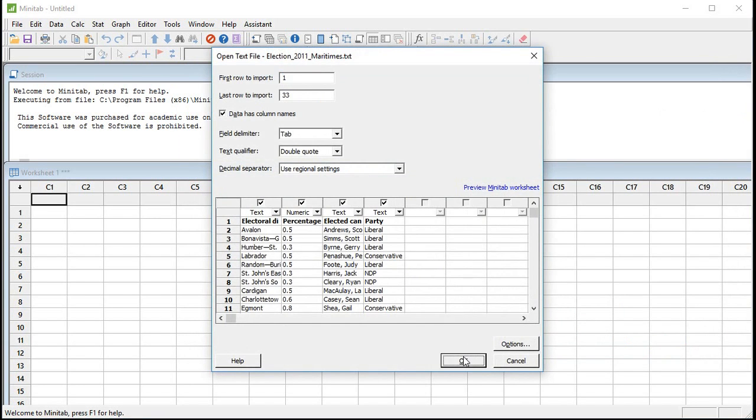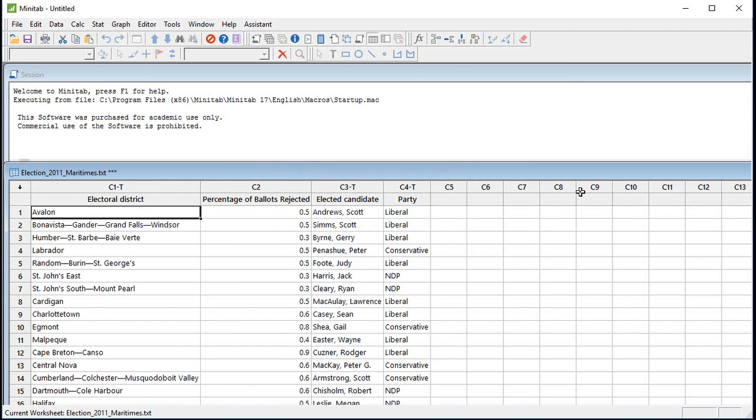And then as I open the file, there are many different columns. The first column is actually the name of the riding. The second column, which is our numerical variable of interest, is the percentage of ballots rejected. So 0.5, for example, of the ballots were rejected, 0.5% of the ballots were rejected in Avalon. Okay, and then there are some other variables that describe the riding, but here we're essentially going to be interested in